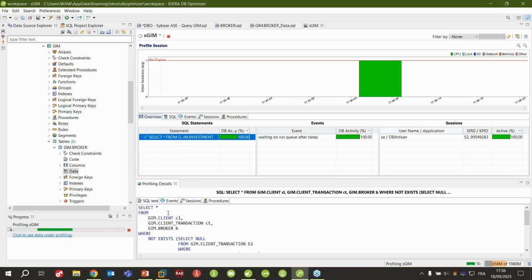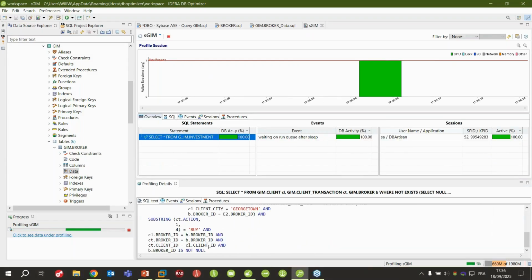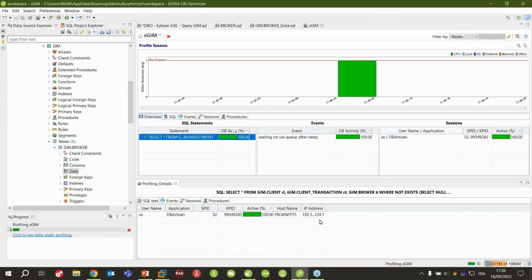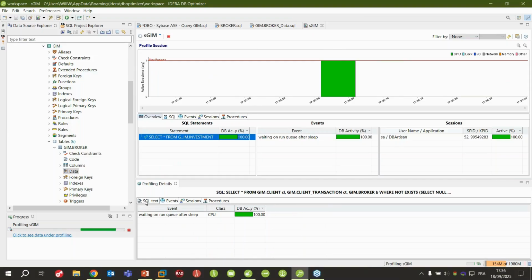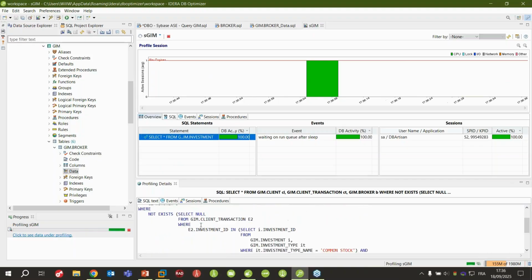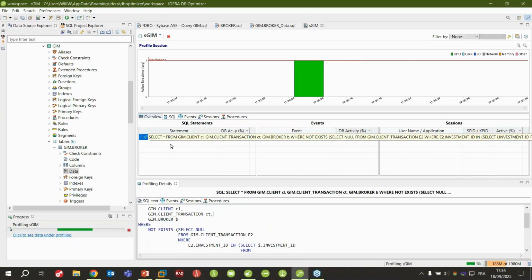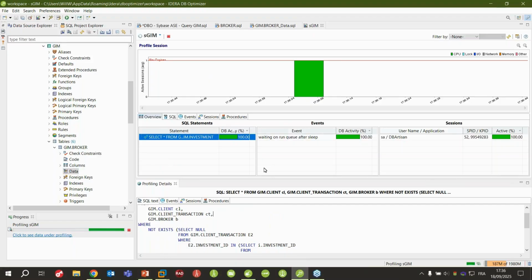When I click on the query, I can view the details. These are the queries that we had just run from DB Artisan. I can see where it comes from, so it comes from my DB Artisan. I can view the different events that are involved. And from here, I can always optimize this query if I want to. I see I am alone, so usually, like I have shown earlier in the slide, you will have multiple rows. Lots of rows are directly visible.